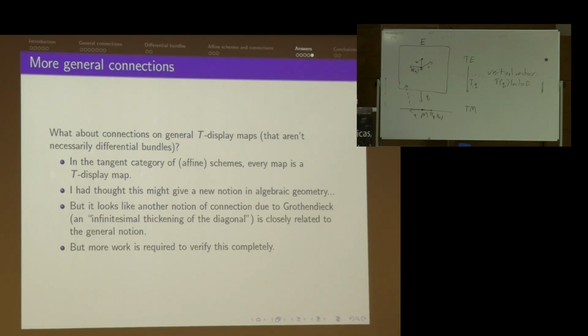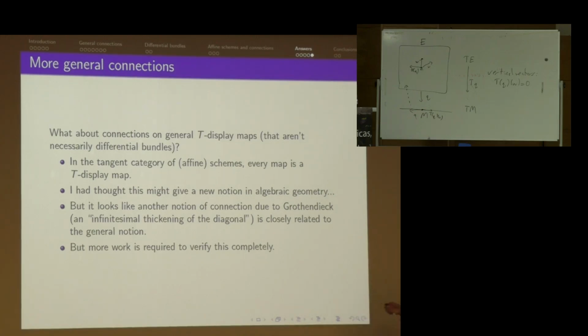Lastly, so I talked initially about very general connections, right? I focused on the particular case when the bundle was a differential bundle, where the vertical bundle has this triviality to it. So what does that look like, again, for the category of affine schemes or schemes? When I mentioned it in the abstract, I thought this was kind of a new notion. I couldn't find anything which this corresponded to, but it turns out there is a notion of connection due to Grothendieck, which I initially thought was just a version for modules, but expressed in a different way. But it can be applied to the more general case.